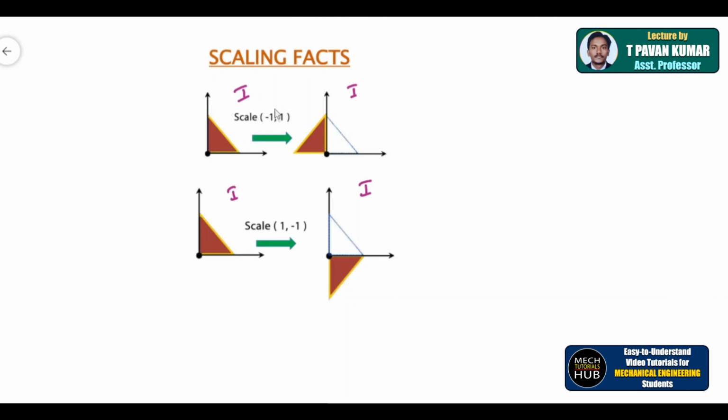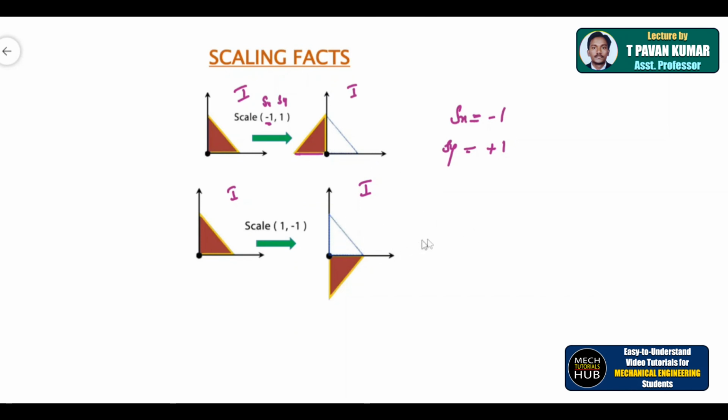Now when the scaling factors are given as -1, 1, this becomes Sx, this becomes Sy. Sx is equal to -1, Sy is equal to plus 1. Now when these two Sx, Sy values are kept in a matrix and multiplied, then what happens? As this is a minus value, the x direction got shifted to the second quadrant, and the y position will remain the same.